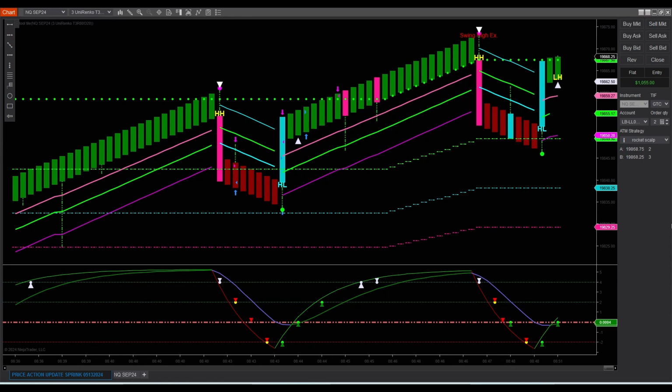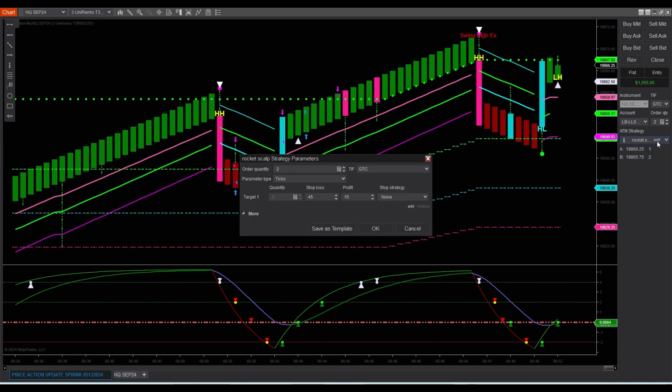Guys, I'm done trading the eval, 1055 for today's. That's on the 45 stop loss, 15 tick, 2 contracts in and out of these trades. That's why I like trading when there's volume. It doesn't take long. So what I'm going to do now is test the 40